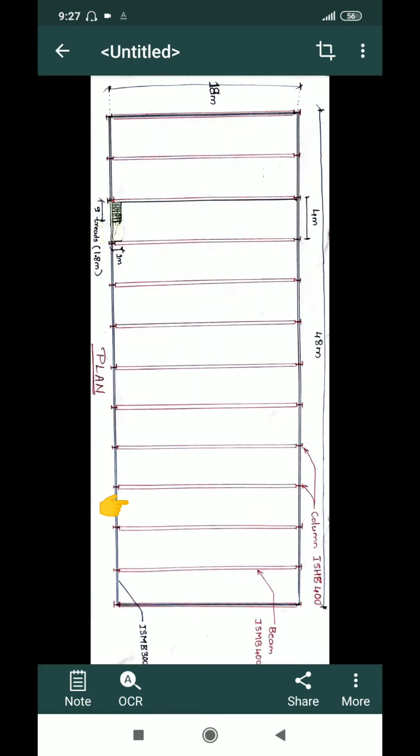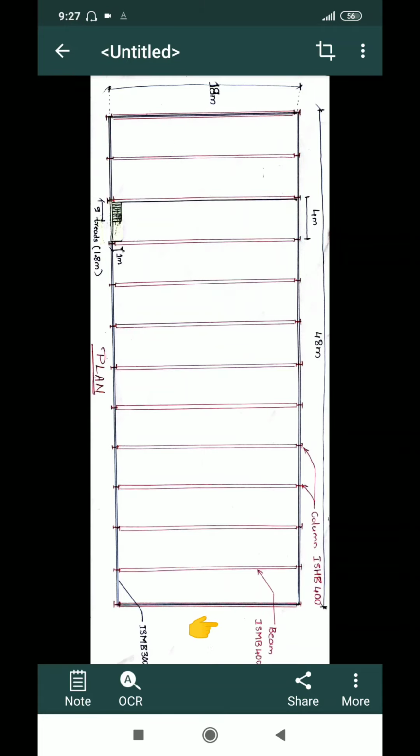Now in the syllabus they have mentioned that you have to provide a mezzanine floor for at least 2 bays. So I am providing a mezzanine floor for these 2 bays. Mezzanine floor means, suppose the entire structure is 6 meters high, only for these 2 bays I will provide one more additional floor at a height of 2 meters. Below that floor, the 2-meter height can be used for storage, and the upper 4-meter height can be used for office purposes.